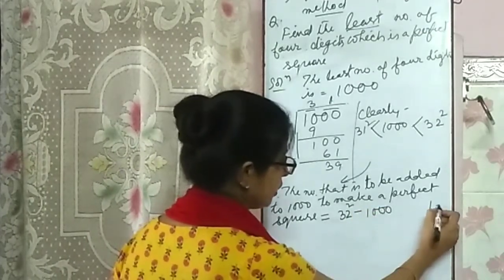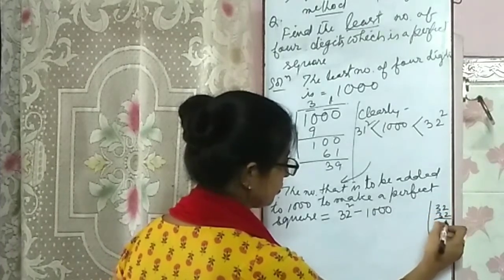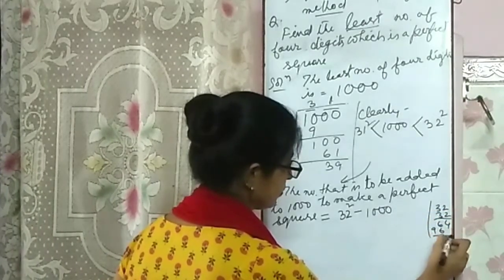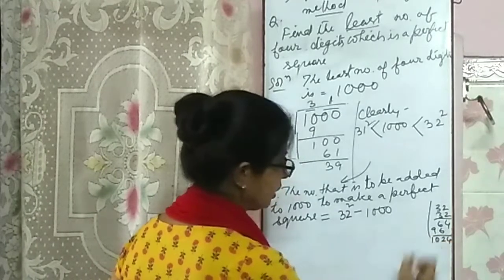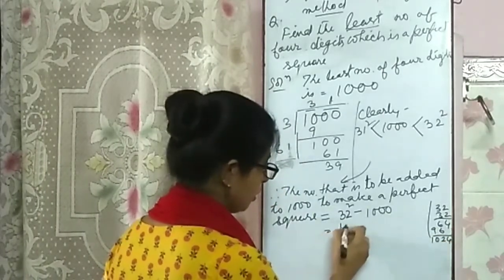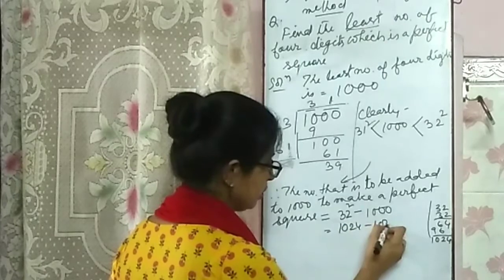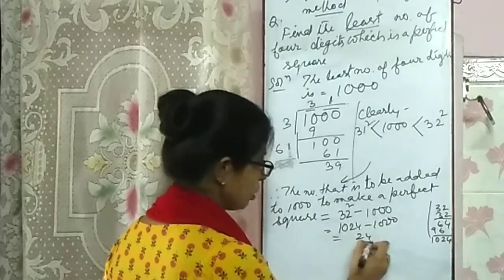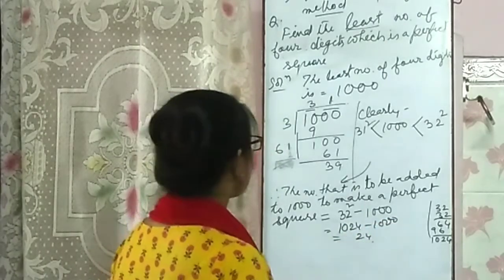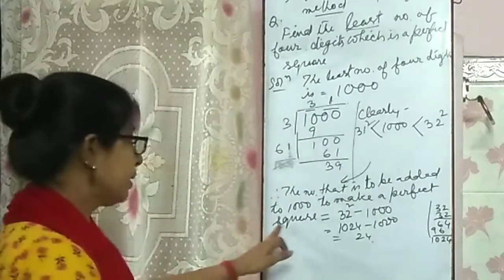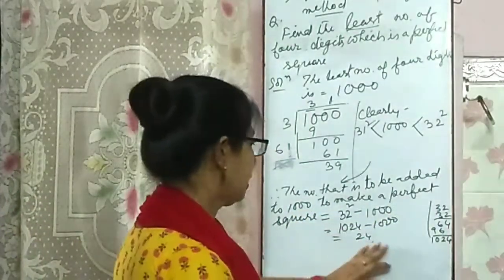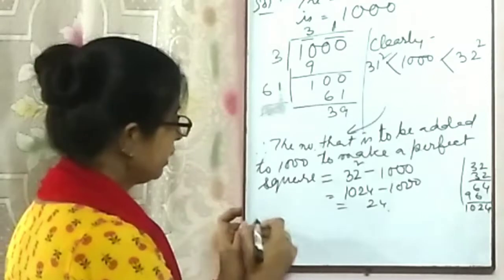So now here you find 32 square, 1024. 1024 minus 1000, so it is 24. That means the number that is to be added to 1000 to make a perfect square is 24, and thus